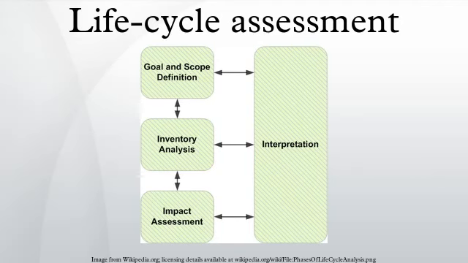Further, the functional unit is an important basis that enables alternative goods, or services, to be compared and analyzed. The system boundaries. Any assumptions and limitations. The allocation methods used to partition the environmental load of a process when several products or functions share the same process. And,